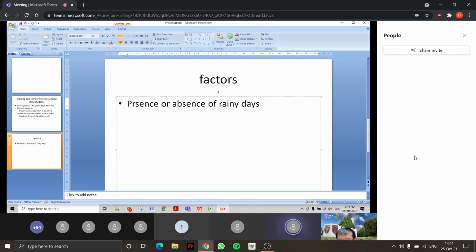This is a factor, and it has to be expressed as a measurable factor. Maybe you can talk about frequency of rain. You can talk about volume of rain,